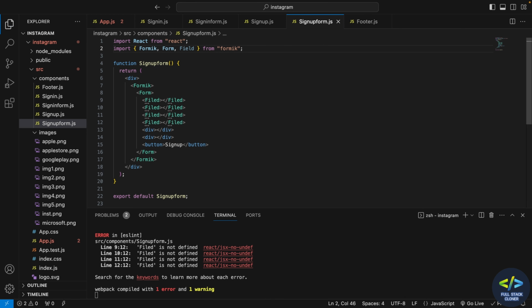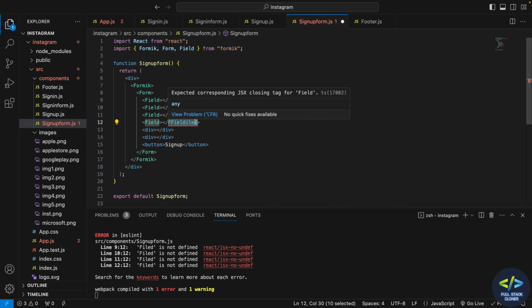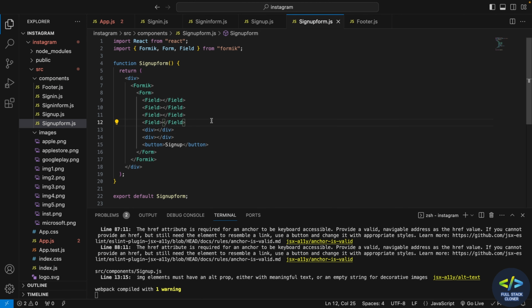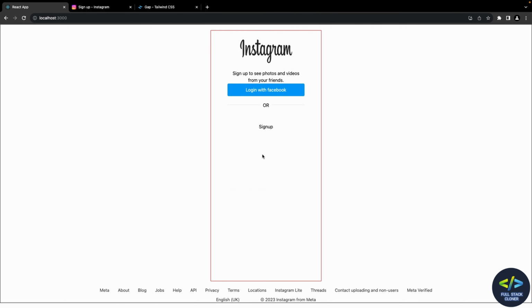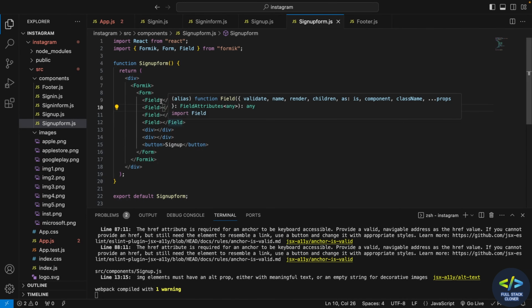So I have imported. Oops, I made a mistake with the field naming convention. So it should be Field, it's not Filed. So I have changed it. Now as you can see, my errors are gone. Now I can see a blank form. Now let me write the